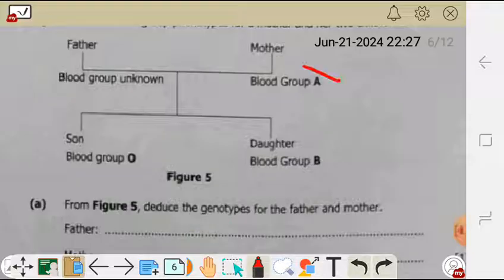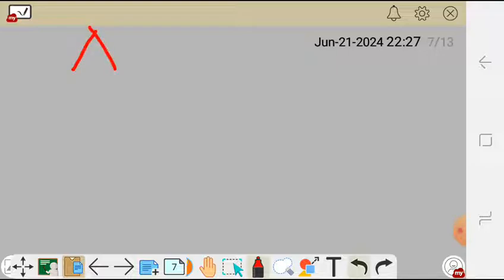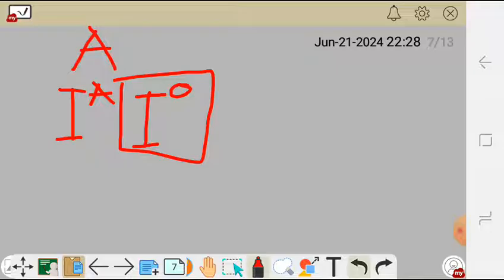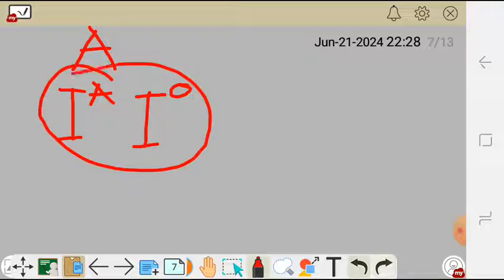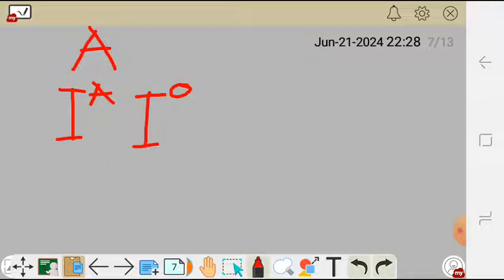Okay, so they've given us the phenotype of the mother, which is blood group A. What we should know here is that for someone to have blood group A, the genotype should be I^A I^O. You know, O is recessive. When you do genetics, O is recessive. So in this case, this person has blood group A, so it can have this genotype, or it can have this genotype here, where we have